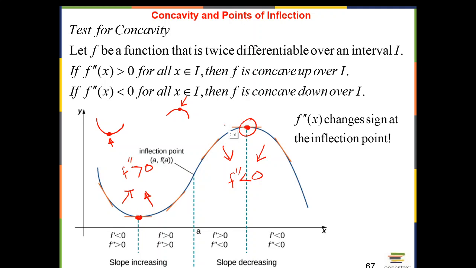At a critical point. Now, this test doesn't work if f double prime equals 0 at that point. So this test fails. We have to go back to looking at the sign of f prime to figure out whether this is a min or max. So if f double prime is 0, this test actually fails. Okay? All right, so let's look at some